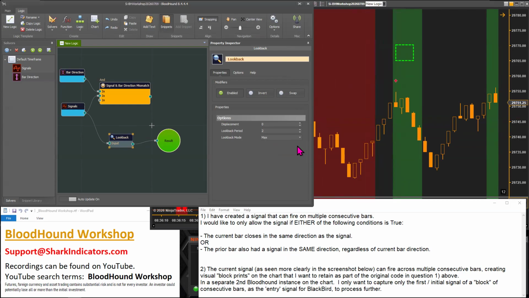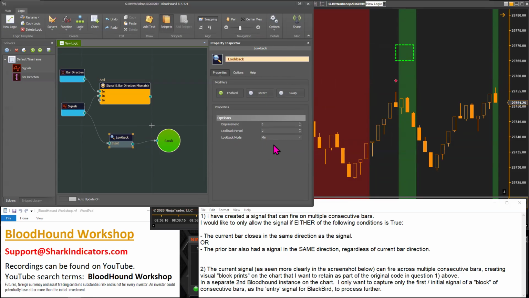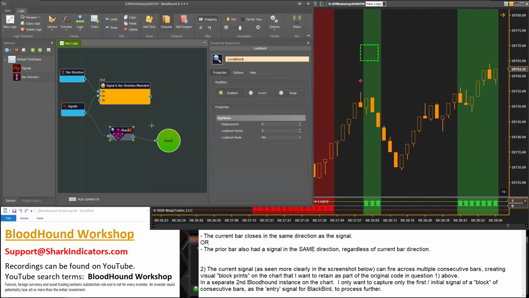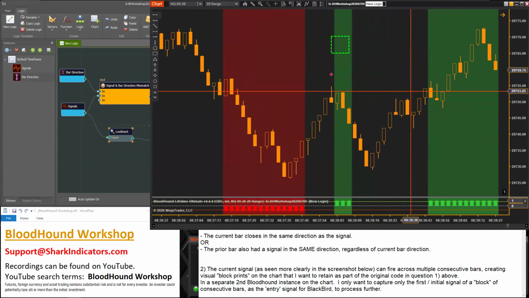Sorry, a minimum. There we go. So we want to use the look back mode minimum there. And on this bar, well, it doesn't really matter. Again, this look back node is not looking at the bar direction. It is just looking at,